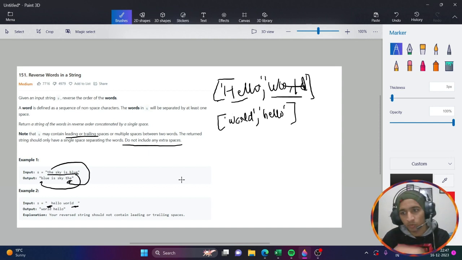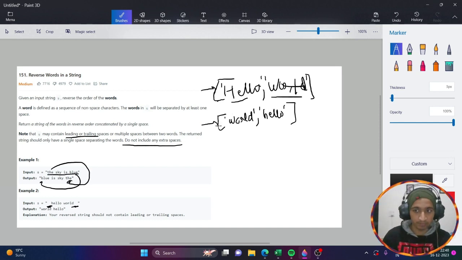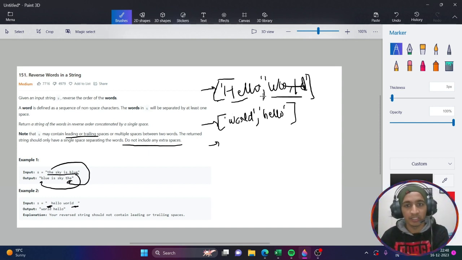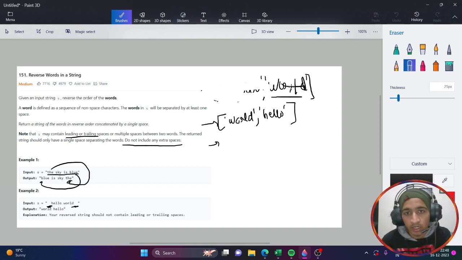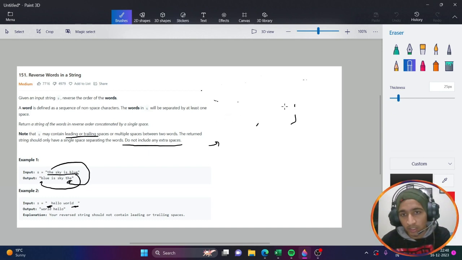But this will require a lot of operations. We will first have to create an array of strings, then reverse that string array, and then join that array again. It will also require extra space because we'll be using an additional array list. So instead of this, what we can do is